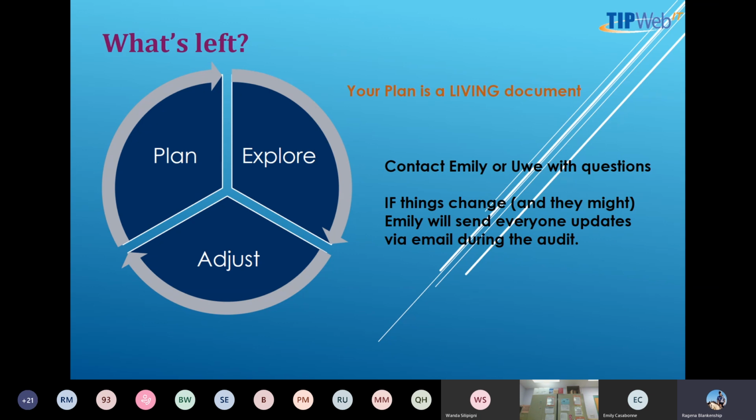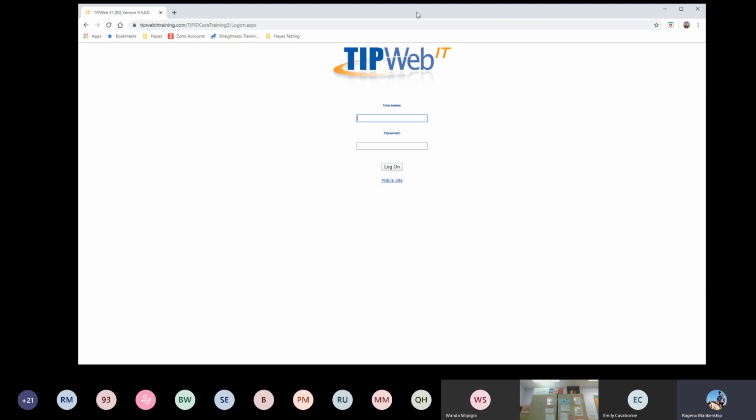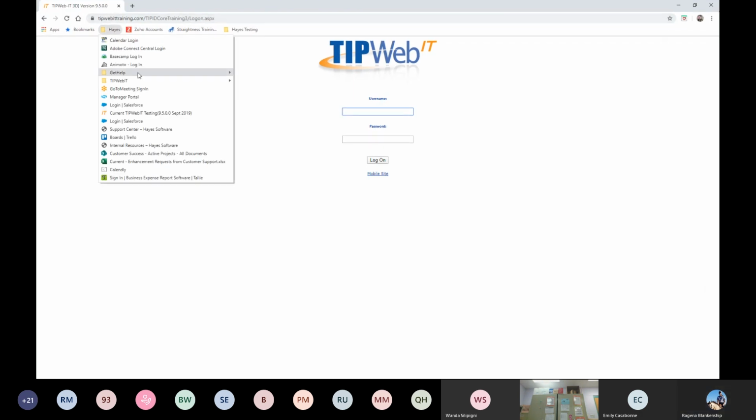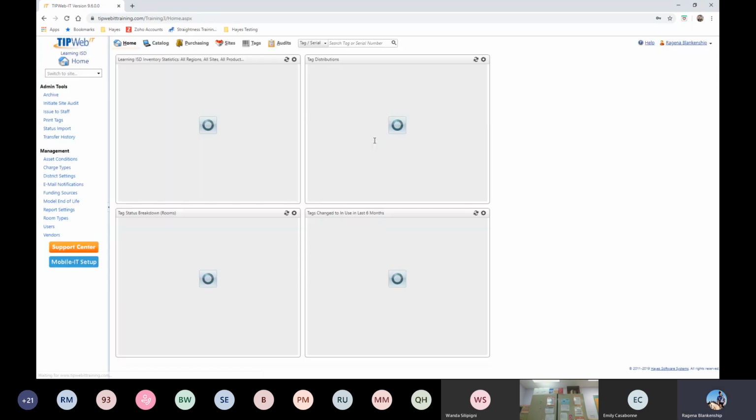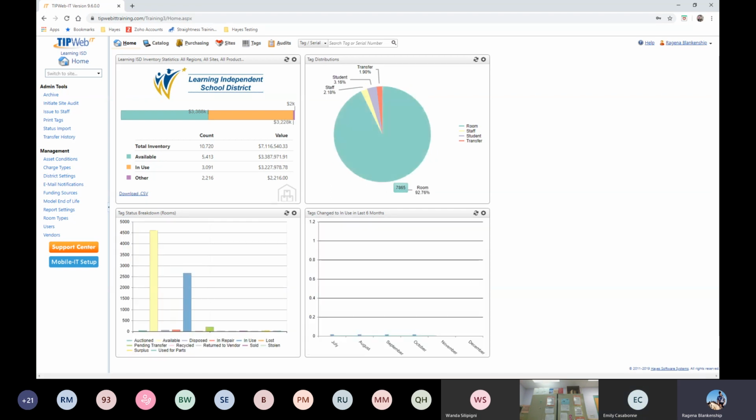It sounds big. It even sounds big to me because you're a big district, but that's the way it goes sometimes. So what I'm going to do is go out of this document that we're doing the presentation for here and go into the application itself. So maybe Emily, you can just verify for me that you do see the change on my screen. Do you see that I'm logging into TIPWeb IT? Yes. Okay. So what we're going to do at this point is actually go through the process